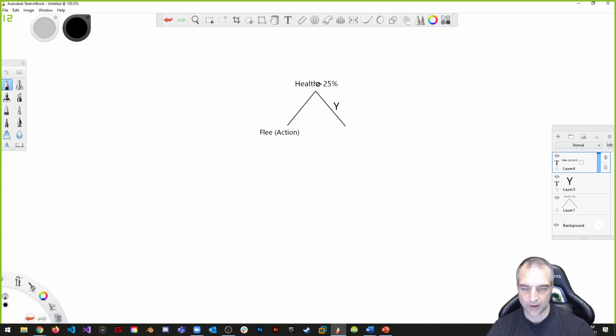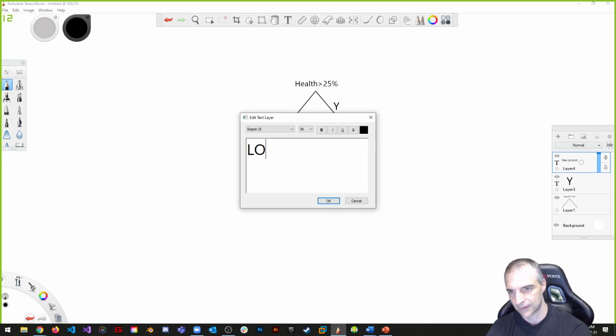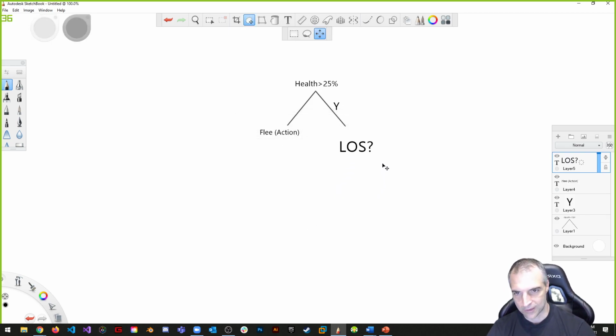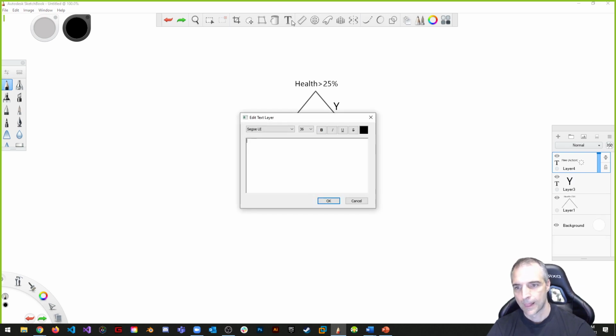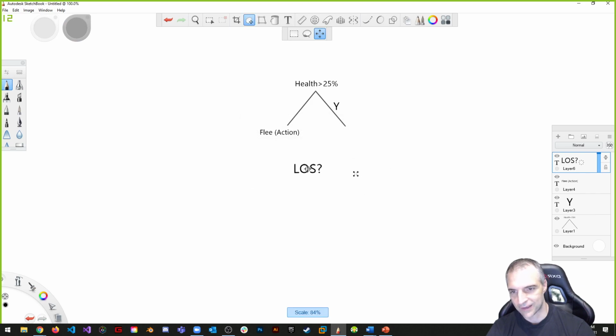Next, health is greater than 25%. Okay, the biggest question is, do I have line of sight? So that's the next question I would probably ask. Line of sight? Anytime I have a question mark like this, let's try that again. If it's a question mark that I'm asking, that is a condition. Do I have line of sight? It's really a yes or no question. Yes or no, do I have line of sight? If I do,